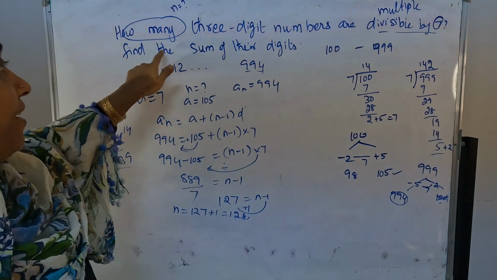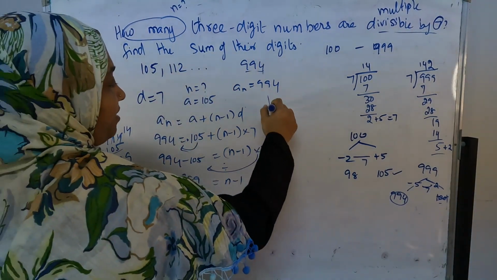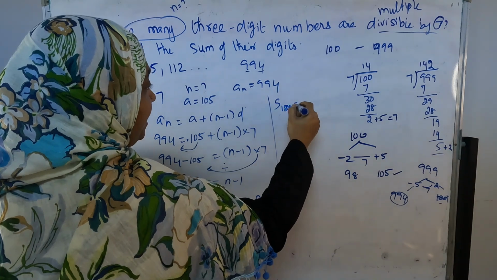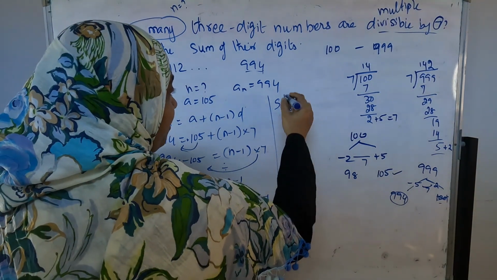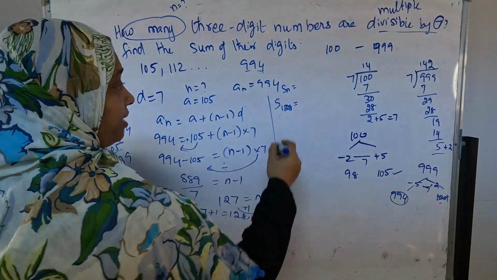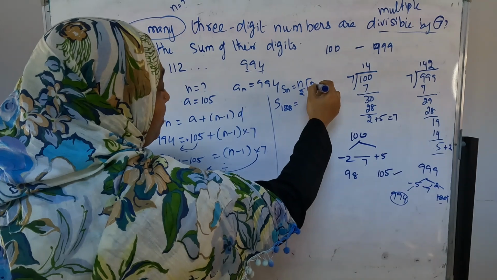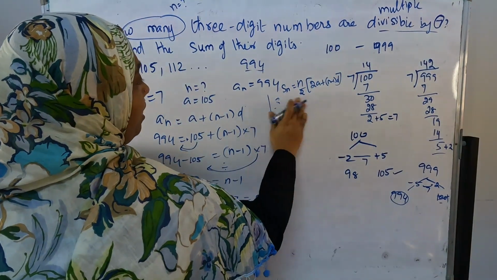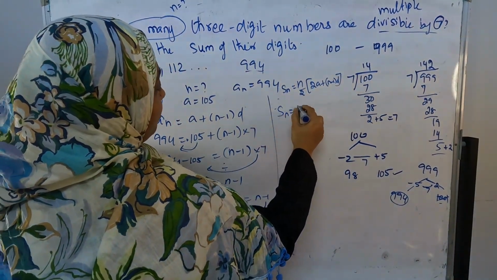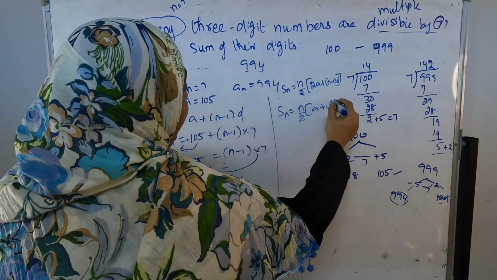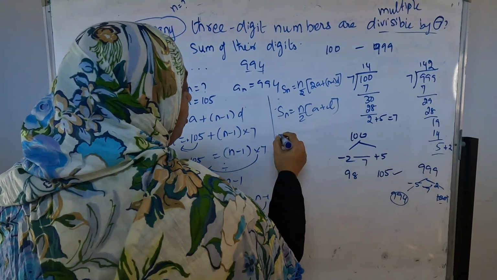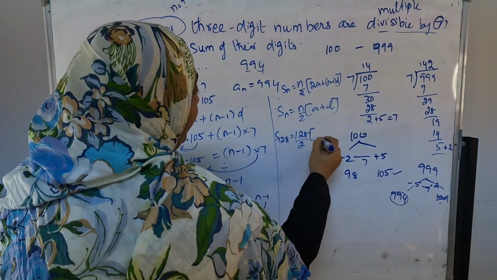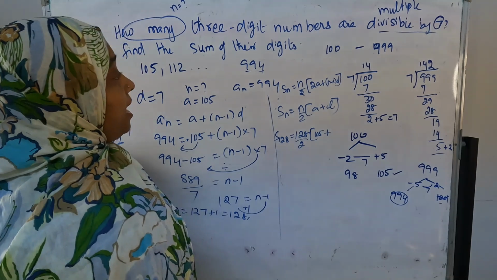One type of question is to find the sum of these terms. So we will find the sum. How many terms are there? 128 terms are there. Find the sum of this. What is the sum formula? In the paper you should write the formula also, because the formula carries marks. Here the last term is with us. So we will write Sn is equal to n by 2, the easy formula, a plus l. It's enough for us. So here 128 terms are there. 128 divided by 2. The first term a is 105. The last term is